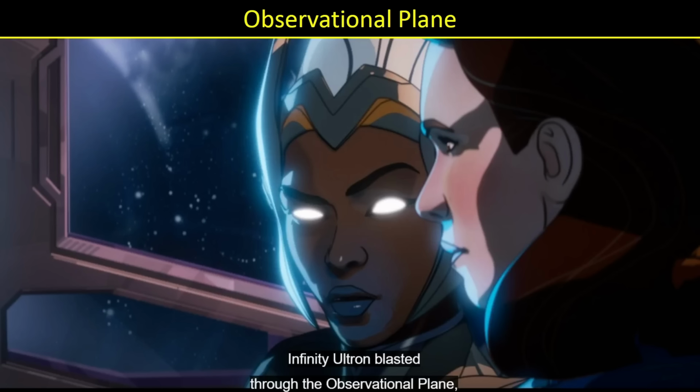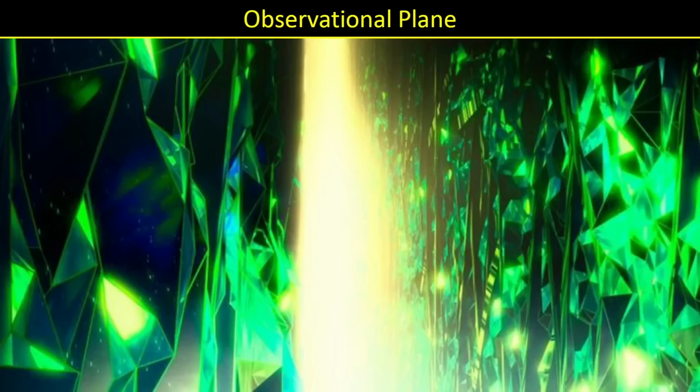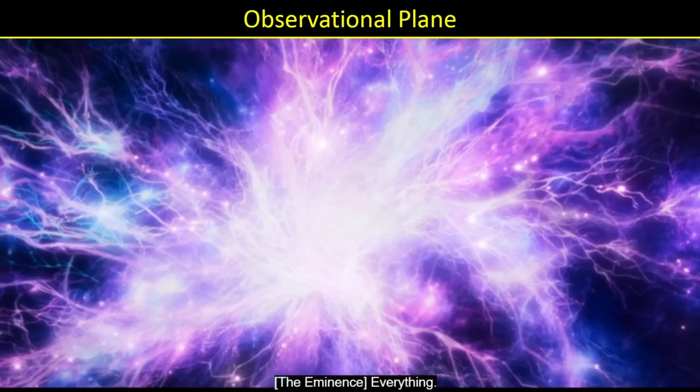So, Infinity Ultron blasted through the observational plane. That's where we learned this name. It was in What If Season 3. And of course, they're referring to when he confronted the Watcher, saying the entire multiverse at your fingertips, and you spent all your time up there? So what he's referring to is here, this is the observational plane, and basically we learned from What If Season 3 that you can view everything from here. So, all right, observational plane, nexus of all realities, call it what you will, but definitely this is where the